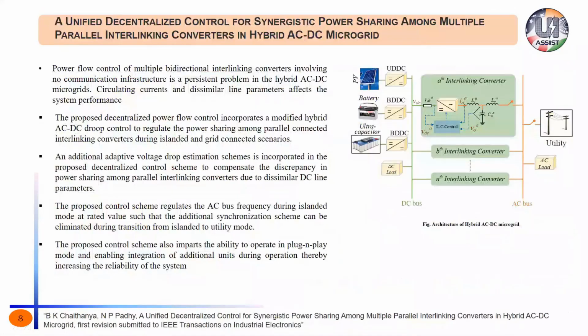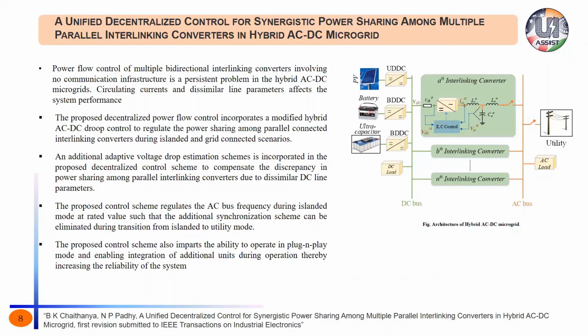Coming to the third work, this is ongoing work that is still in progress. Here the objective was, when we have DC microgrid and AC microgrid clusters, we use interlinking converters to integrate these AC as well as DC microgrids. When we have multiple interlinking converters with different ratings, power sharing is always a challenge. The reason being,